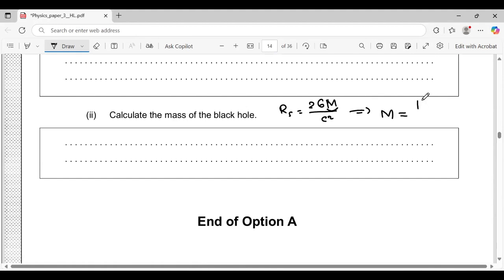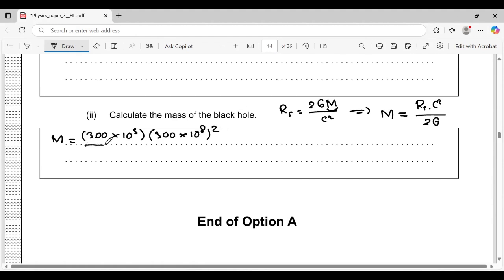Mass equals Rs times c squared over 2G. So m equals 3.00 times 10 to the power 5 times (3.00 times 10 to the power 8)